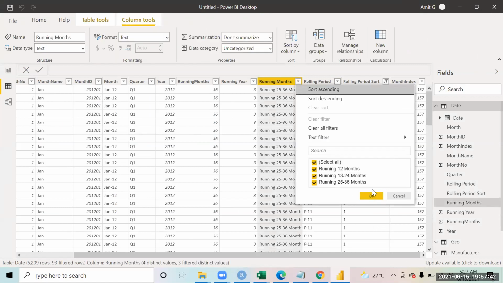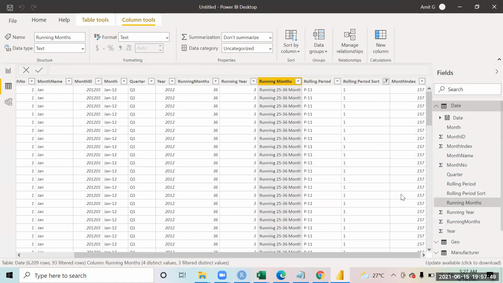This is saying how this data is coming up. So there's running 12 months, 1344, and this is the running month number 36 and 3.